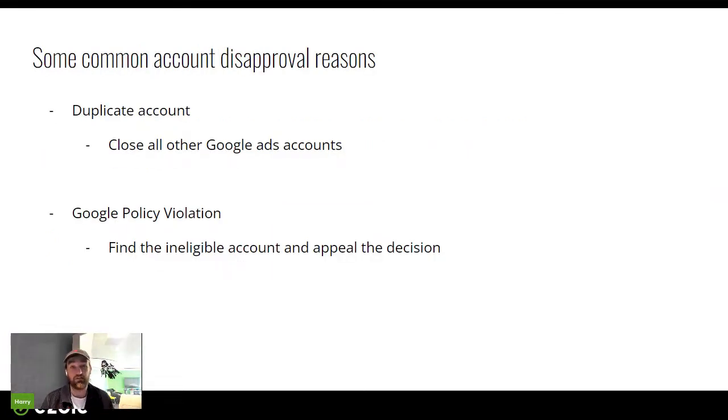Some of the most common disapproval reasons we tend to see are on an account level. Google reviews account applications, and after that, they review domains individually as well. We'll talk about domain approval a little later, but the account issues we tend to see are, first, if you've got a duplicate account. As I said, you're only allowed one Google Ads account now. To solve that, you need to close all of your other Google Ads accounts and stick to that one email address. And then the other, as I said,